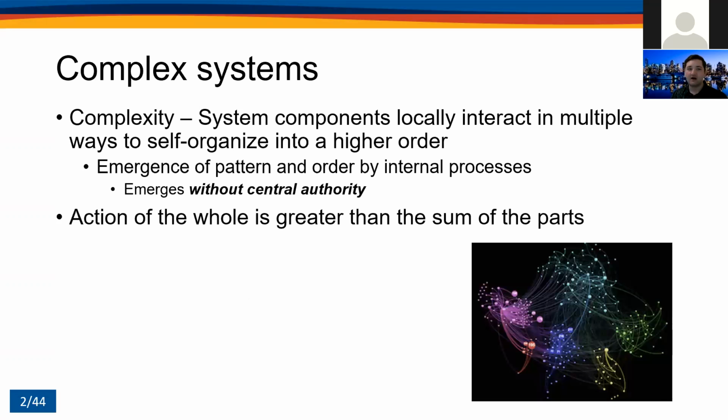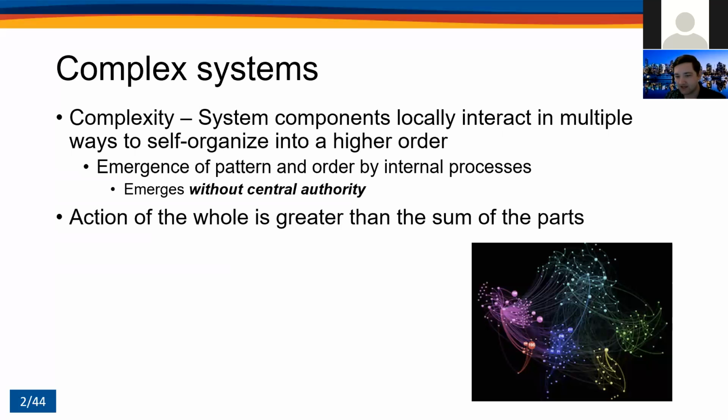So let's start out with complex systems and the idea of complexity in a system. Well, system components locally interact in multiple ways to self-organize into a higher order. It leads to the emergence of pattern and order by internal processes. And that emergence happens without central authority. It's not top down, it's from the bottom up. And this gives light to the statement of the whole is greater than the sum of the